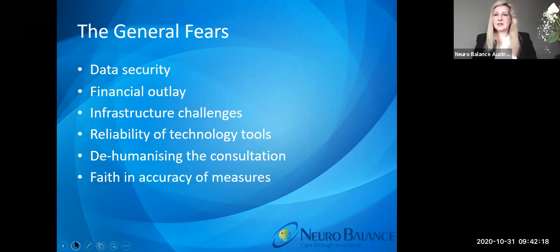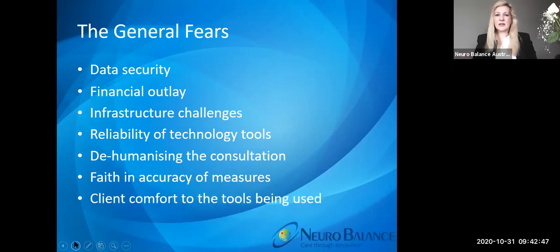The other question is, are the measures accurate, and do they really provide the information that we're seeking? The measures that we've chosen are very specific, and we've done that with complete intent. The main reason is we're looking for risk factors in our patients, in particular for suicide or homicide. There are other pieces of information that we collect from the psychometric measures as well, but that's the main intent of it.